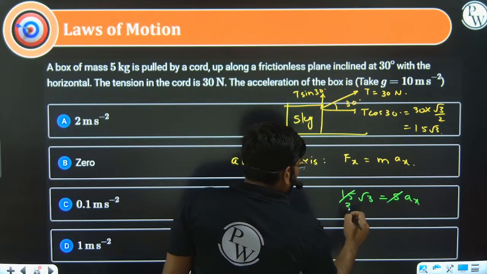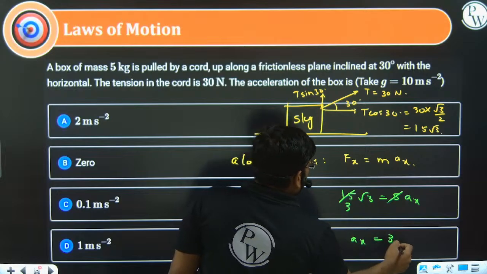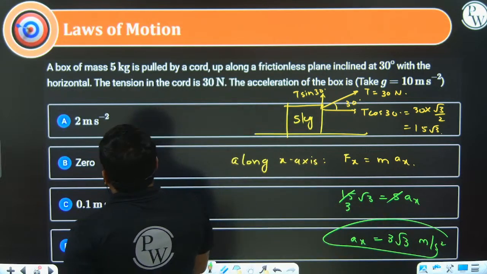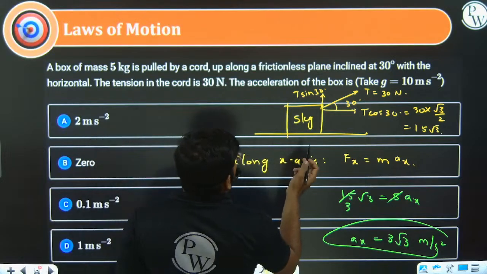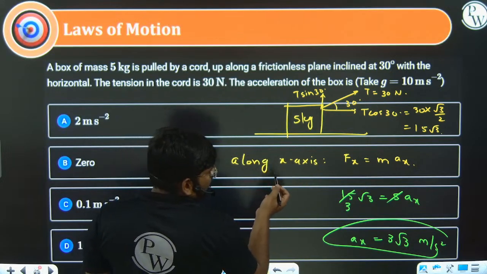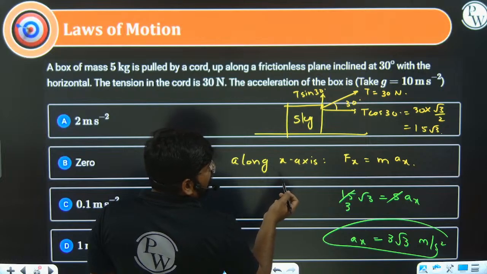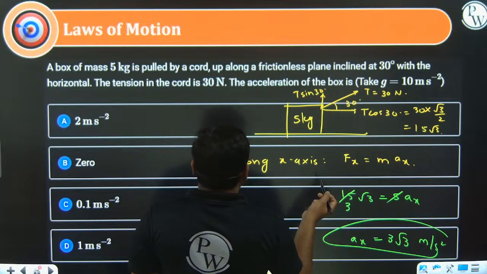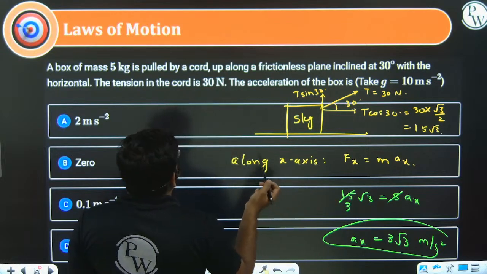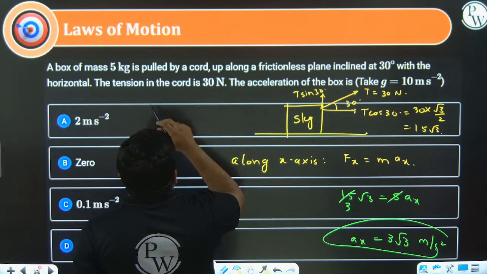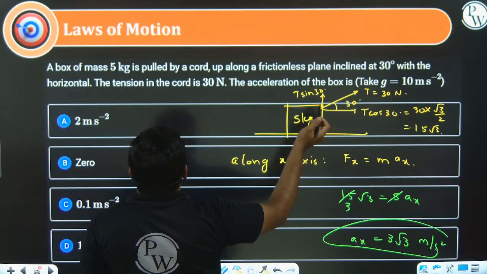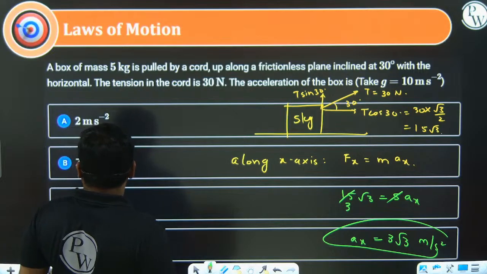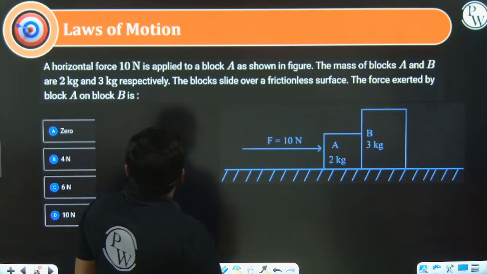So this is 3. What is the acceleration coming out to be? Very simple, 3 root 3 meter per second square. So the answer will be, we want to find the acceleration of the box. So we have, once again, 15. Okay, so again, the tension in the cord is 30 and it is pulled up the frictionless plane at an angle of 30 degrees with the horizontal. Okay, this is what we'll be having. 3 root 3 will be coming out. Maybe the options are mismatched here. Okay, fine. Okay, so next,